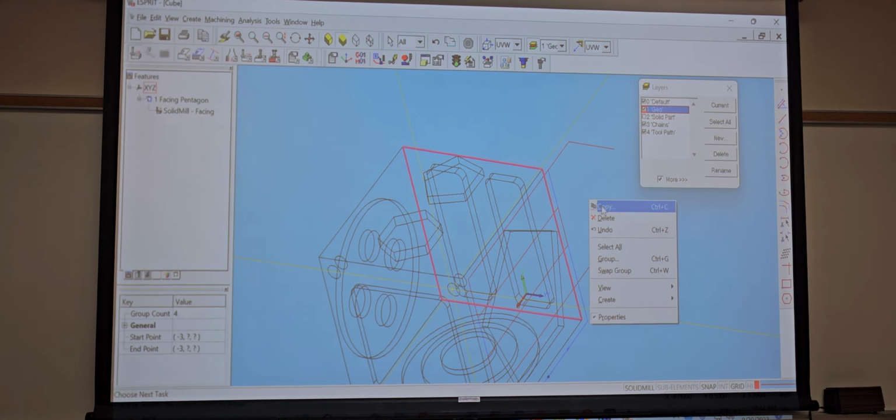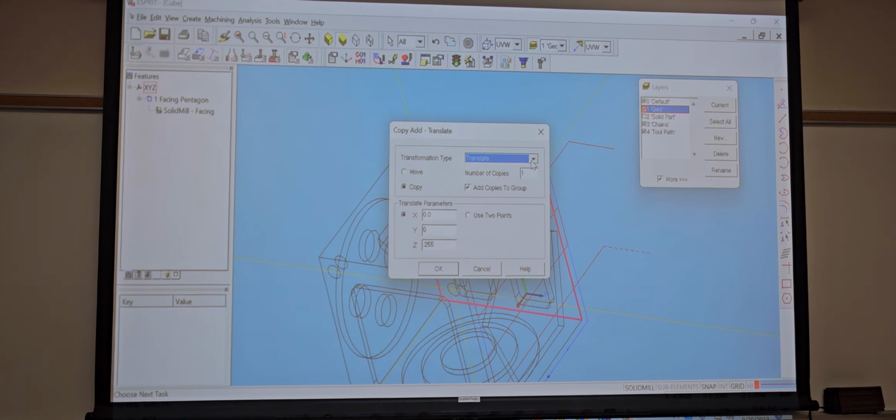So I'm going to right click, copy, translate it, but this time from that face, I'm only going to translate it 5,000ths, correct? So 0.005. And I'm going to keep copy on because I don't want to lose the other line, or I can take it off if I want, and when I smash it again, it's going to reappear. So it's either or, guys, right? Tomato or tomato. So once I hit OK,